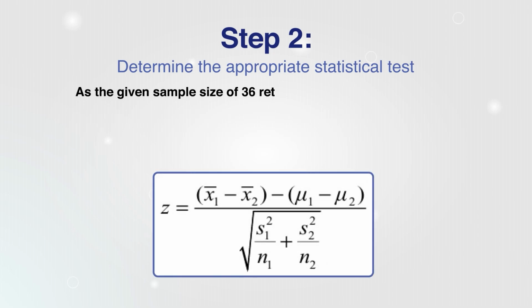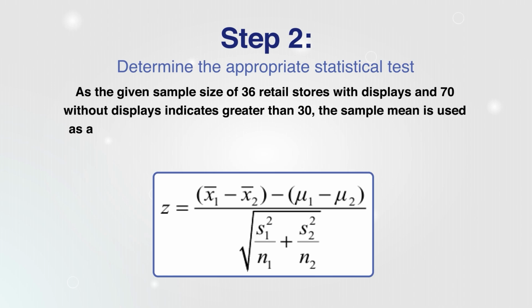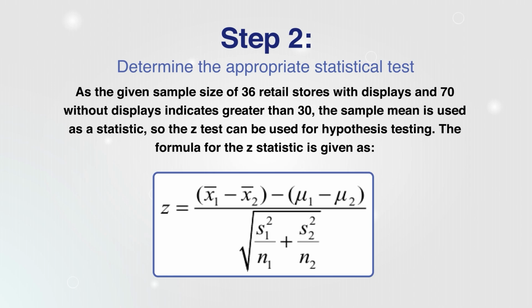The given sample sizes of 36 retail stores with displays and 70 without displays indicate the samples are greater than 30. So, we can use the Z test, as the sample mean is also given. For hypothesis testing, we can use Z statistics, and the formula can be written as Z is equal to (x1 bar minus x2 bar) minus (mu1 minus mu2) divided by the square root of s1 square by n1